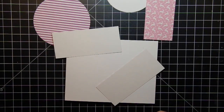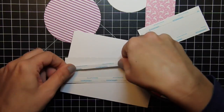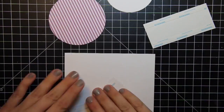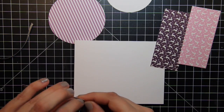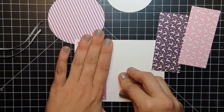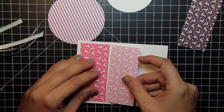tons of projects. This card was centered around the holidays, but it was done with non-traditional colors, so that way it was just a little bit different than maybe other things out there on the market right now. I am loving this pink and purple and turquoise palette that White Rose Crafts came up with for this card